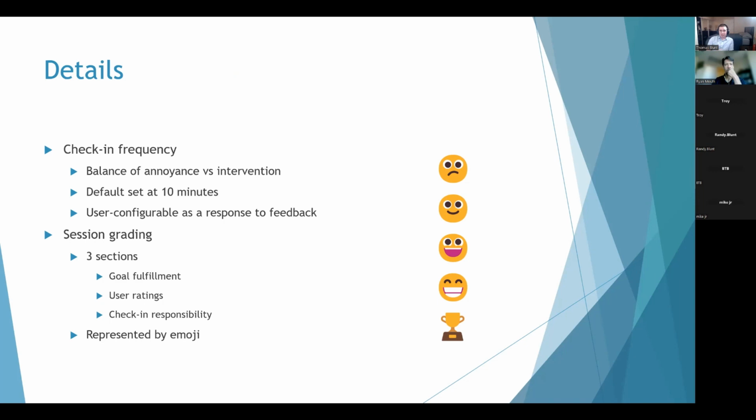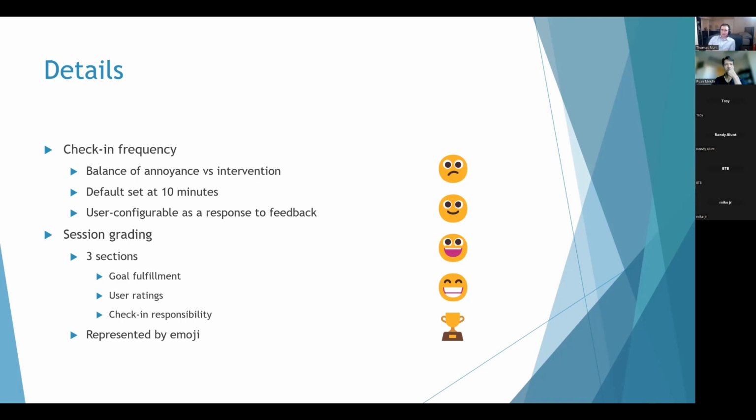We want people to actually check in when they get a notification and not just cast it to the side every time. But if the notifications were too infrequent and there's too much time between them, that also had a risk of diminishing the effects of the app. If you're only reminded every hour and your session's only 2 hours, you only get one reminder. So you're not able to keep track of your goals as well.